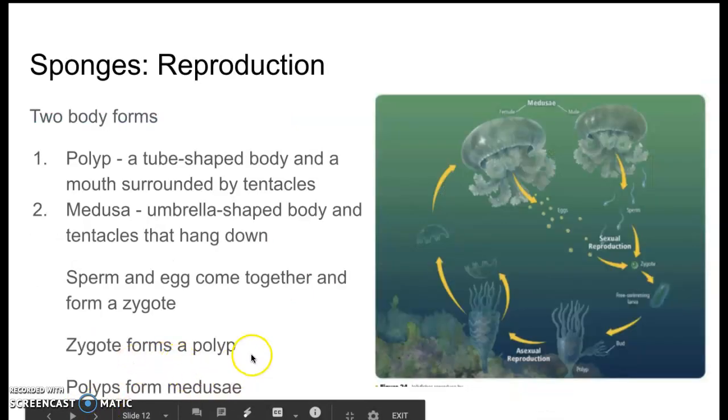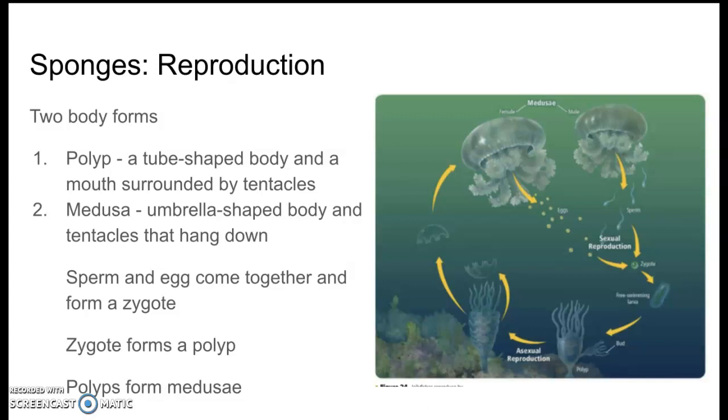So the two body forms that we talked about are basically called polyp and medusa, as I said. They release, so here's the medusa stage. In the medusa stage, they can release either eggs or sperm. And these eggs or sperm, fertilization is external, and they form a zygote, and then the zygote